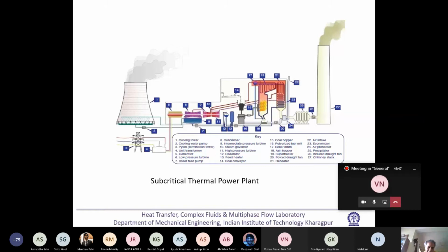So in a thermal power plant, we can discuss it in a different way. Let us think from the fluid flow point of view. So there are basically two fluid circuits. One is your air circuit and another is your water circuit. And then there could be a cooling water circuit also. Forget about that. Simply let us think of the air circuit and water circuit.